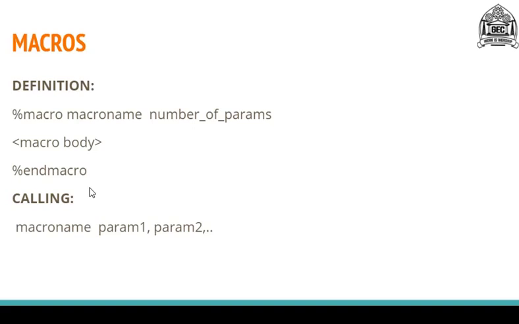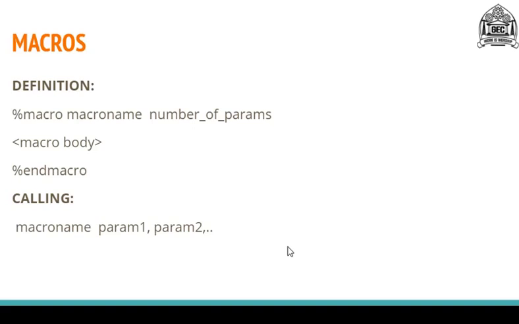Now, to call the macro, again, there is a syntax in which you can call your macro or the logic inside the macro anywhere in the program. So to call the macro, you need to call it using the name which is assigned to the macro and you need to specify the parameters which you are going to assign to that particular macro. So over here, first comes the name of the macro which is macro name and then comes individual parameters, that is parameter 1, parameter 2 and so on. So this is how you call a macro in your logic.